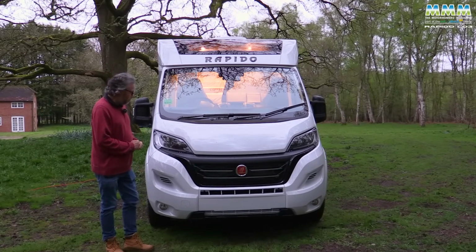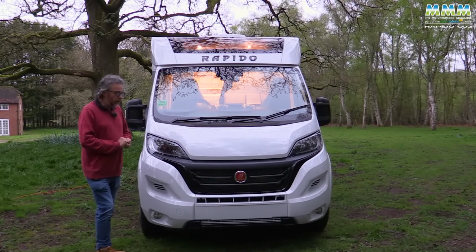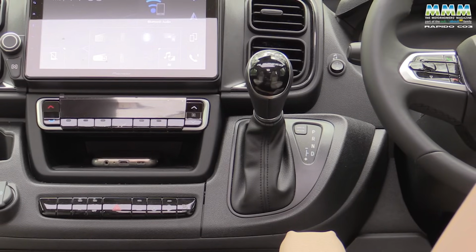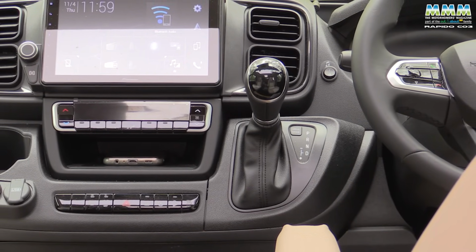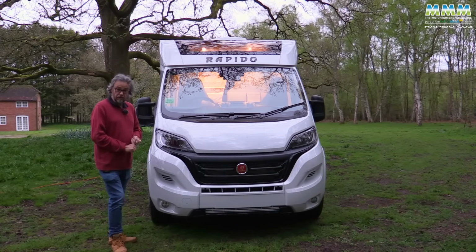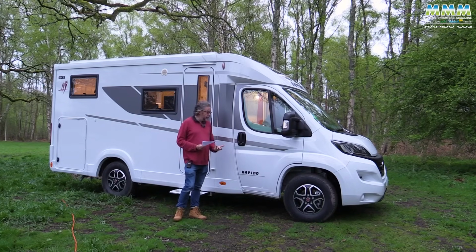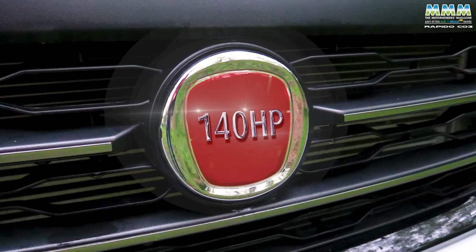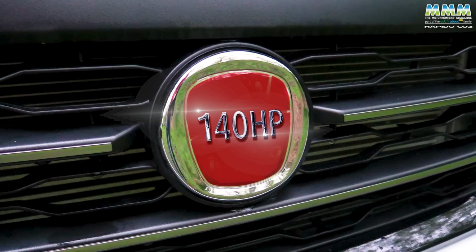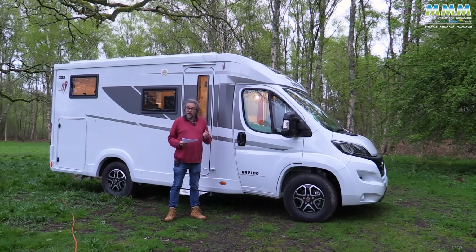Now, this one is, however, on a Fiat, and there's a very good reason for that, because up until now you've not been able to get a Peugeot Boxer with an automatic gearbox. So if you want your C-Series with the automatic box, you have to switch to a Fiat. Now there's a £1,740 premium to pay just to switch to the Fiat cab, and then another £3,000 to pay for the automatic box. So that makes the automatic a pricey option, but if you stick with the manual gearbox, 140 horsepower Peugeot engine, of course Peugeot cab, then the price starts at what I think is quite reasonable in 2024, a figure of